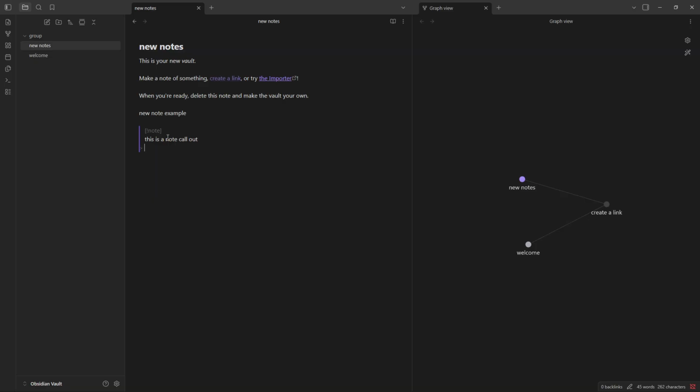callout box to begin. To start creating a callout, type note on that new line and press enter. This is the basic structure for a standard note callout. Now, you can add your content directly below that line. This is where you'll type the information you want to highlight, and anything you type here will be contained within